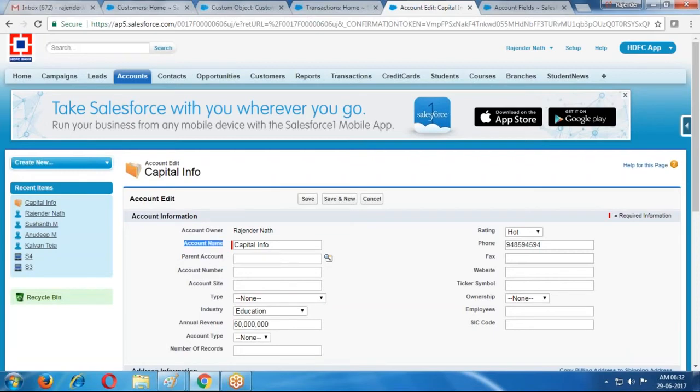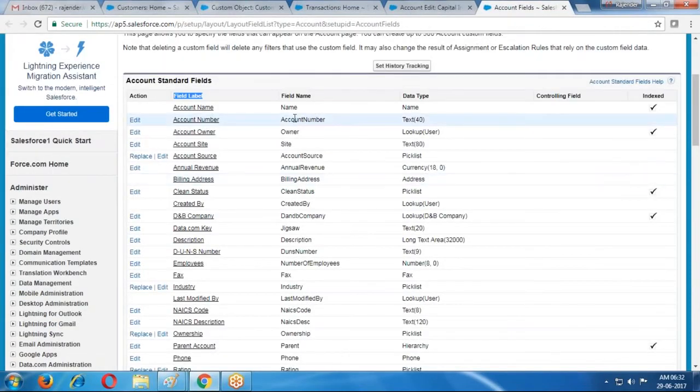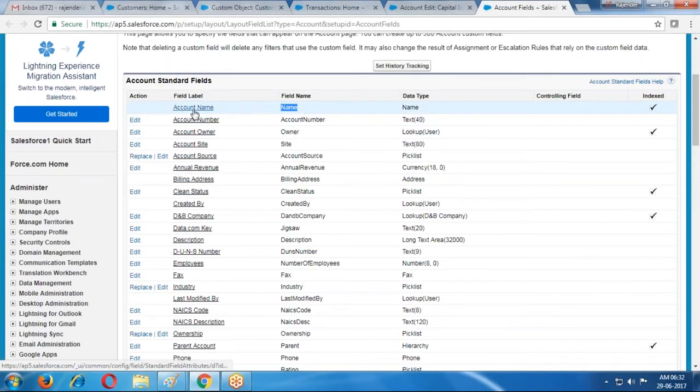Labels are used to display on the layouts. For those labels, the names may be the same or different. For account name, the field name is name. Employees is one field; for the employees field, the backend field name is number of employees. Whenever we write programmatically, we use field names.